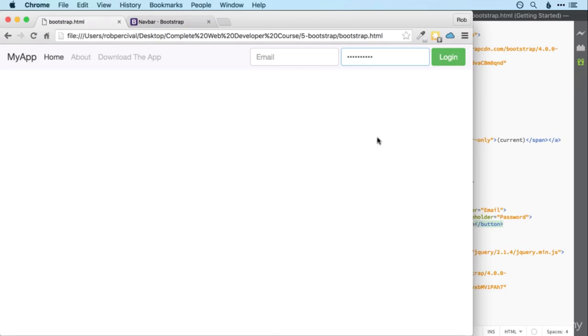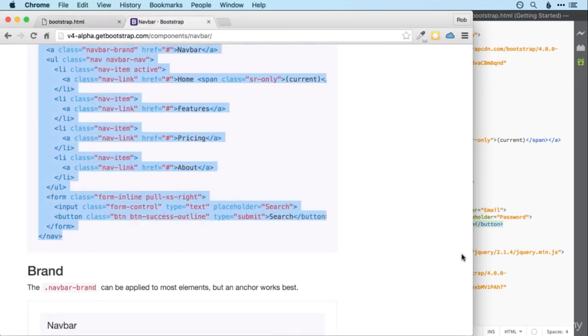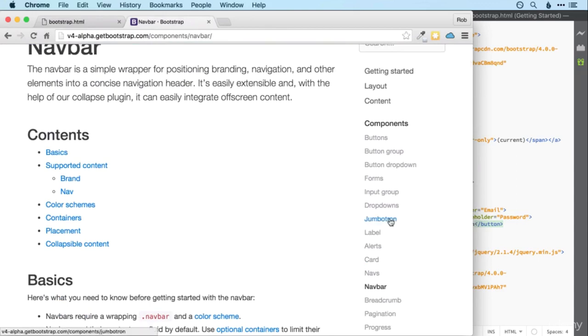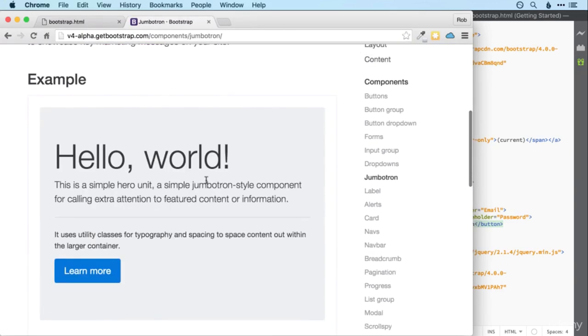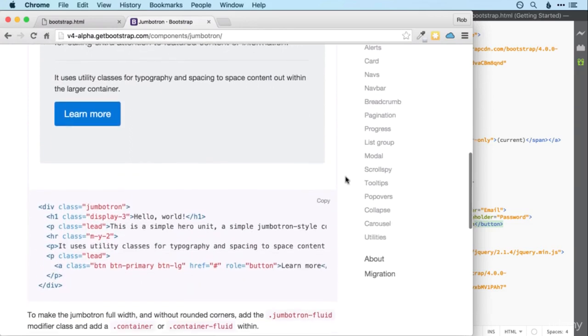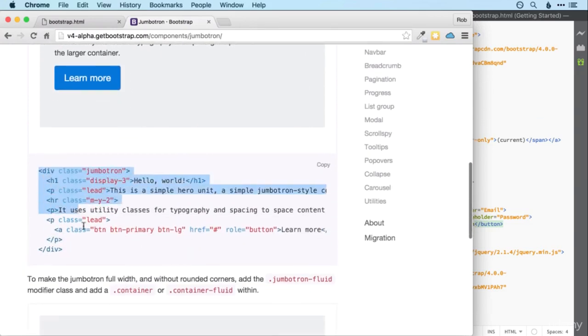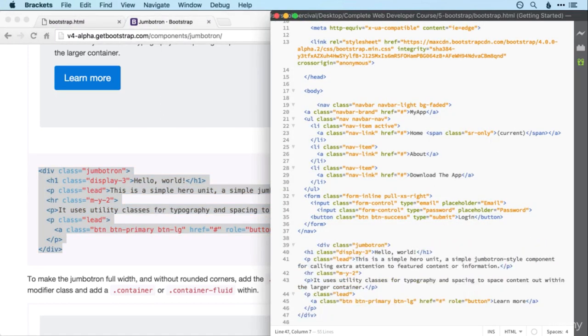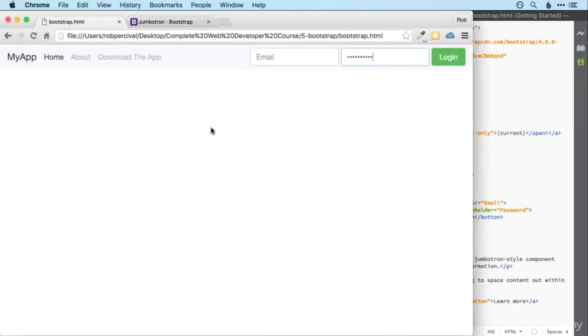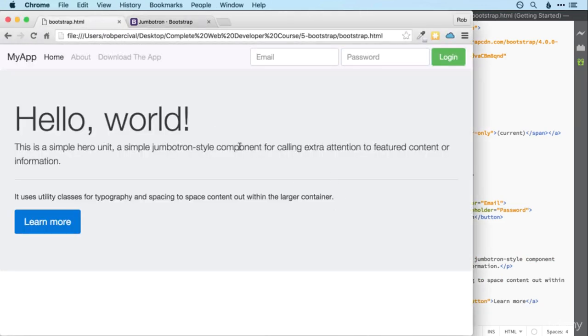Now let's move down to our Jumbotron, which is still a word that I love saying. Here we go. So let's start off with the demo code and work from there. Great. So that looks pretty good as is, but we want, of course, a nice big image to make that